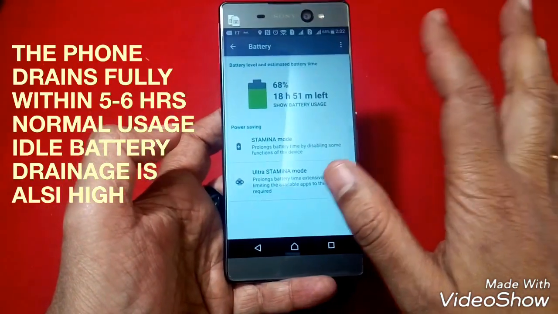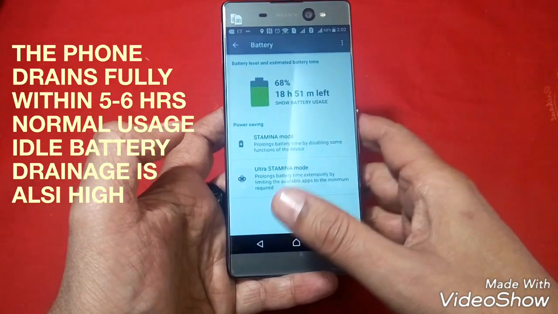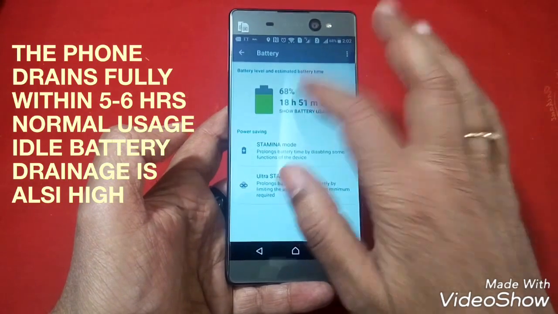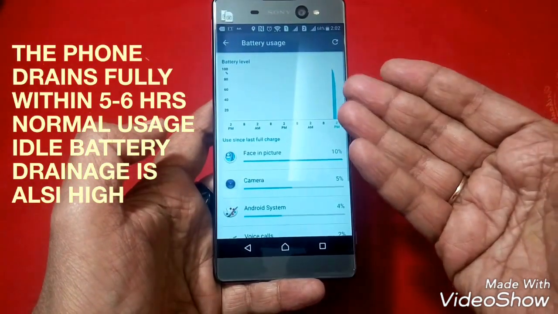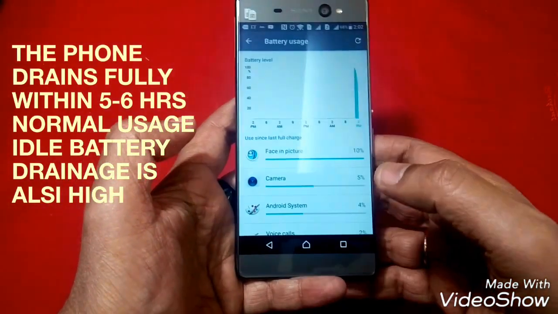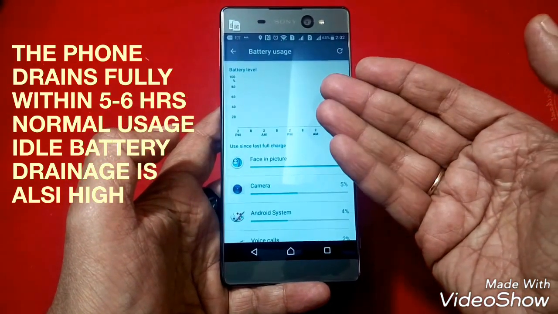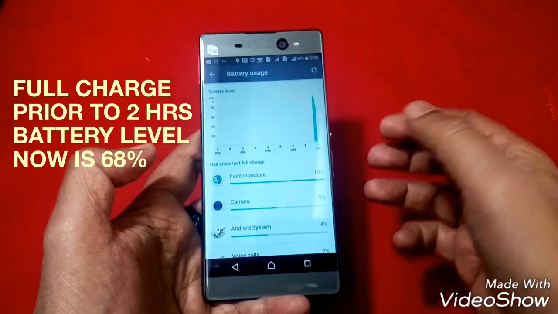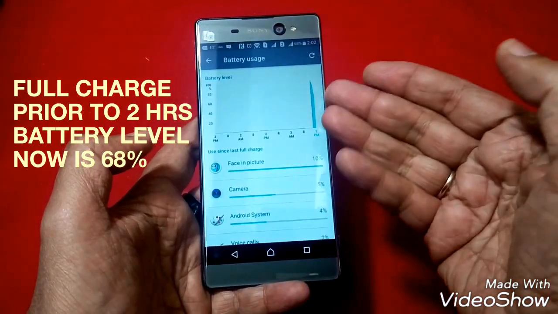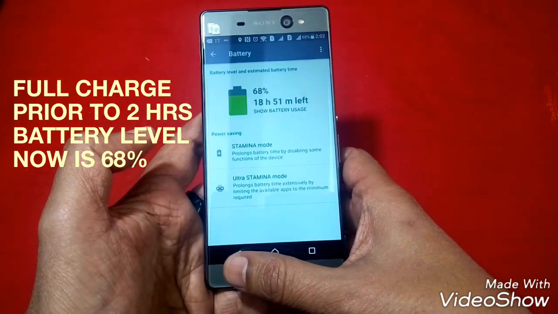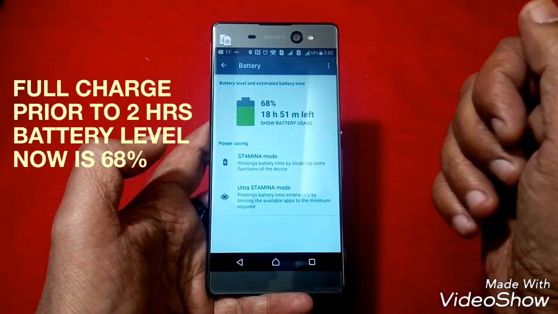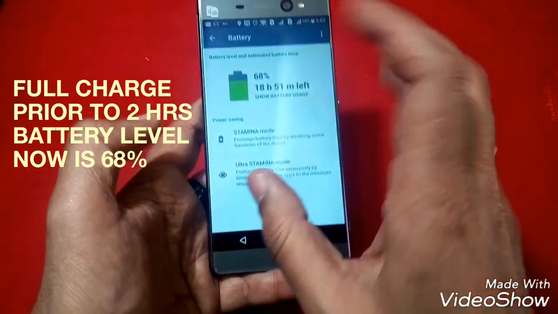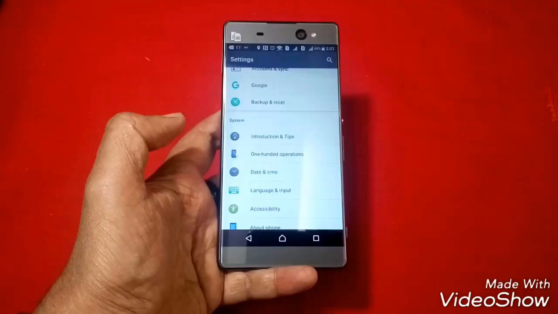Even after normal usage I could not operate the phone for more than 4 to 6 hours. This time I charged it just 2 hours back, and the battery is at 68%. So friends, this is a very weak part, and the battery is really a very big issue for this phone with such a display.